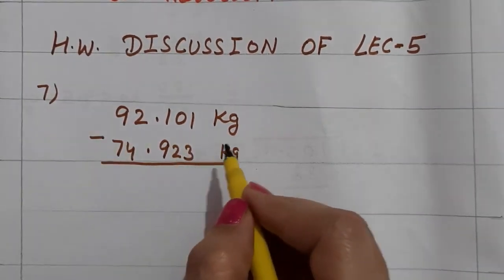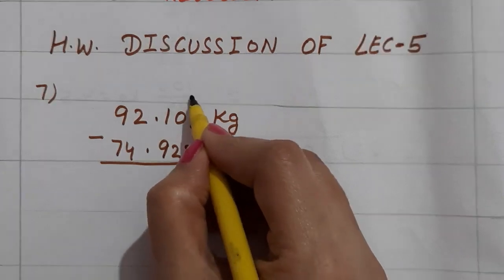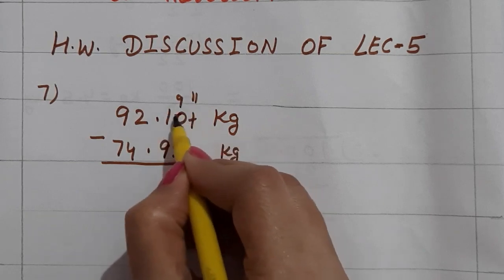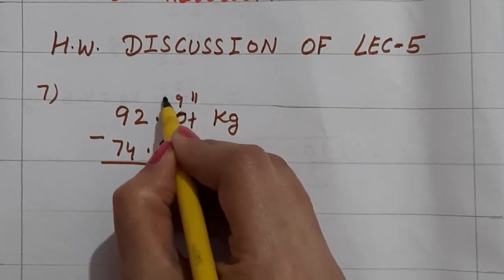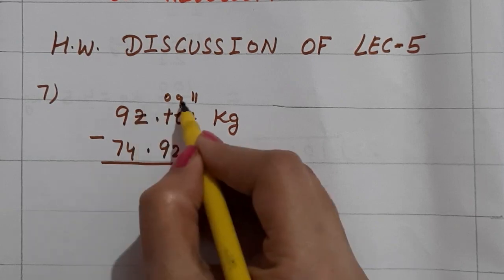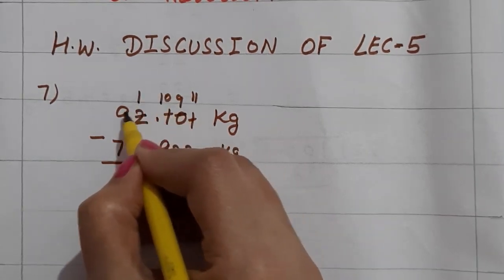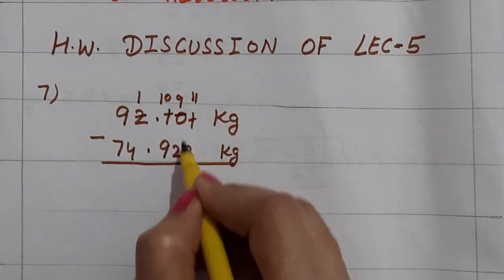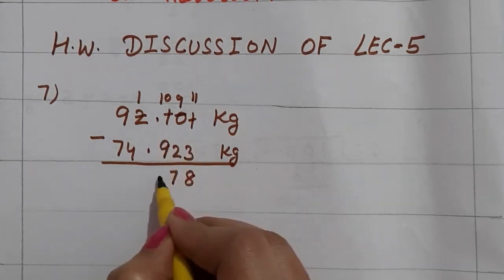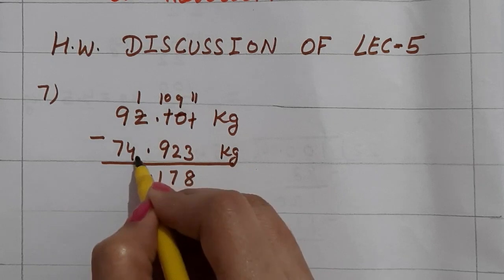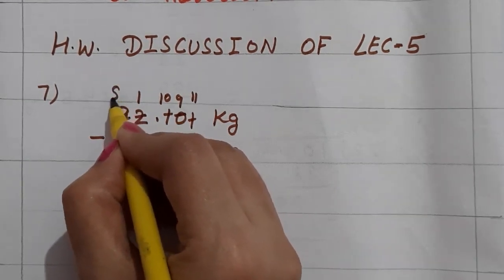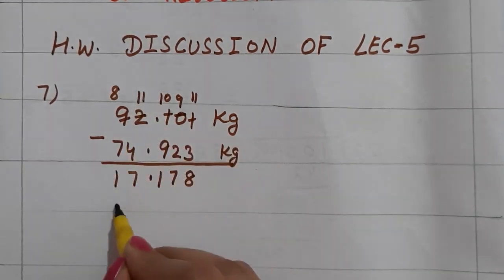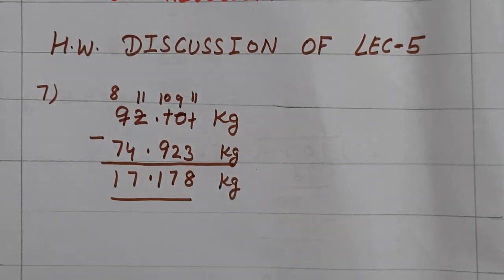You all know subtraction, simple subtraction. 1 minus 3 not possible. 1 will become 11. 0 will become first 10, then it will become 9. This has given this. 1 has given carry. It will become 0. And 2 will give carry to it. It will become 10. 2 will become 1. Now 11 minus 3, 8. 9 minus 2, 7. 10 minus 9, 1. 1 minus 4 not possible. So 9 will become 8 and 1 will become 11. 11 minus 4, 7. 8 minus 7, 1. I hope you all got the correct answer.